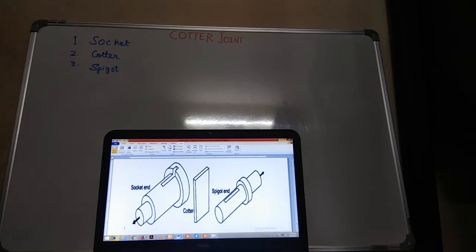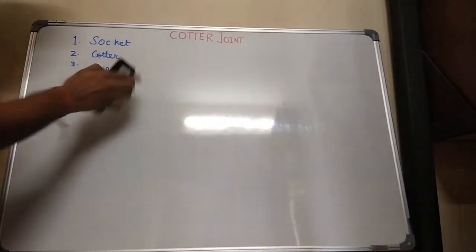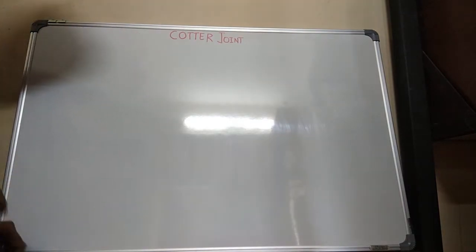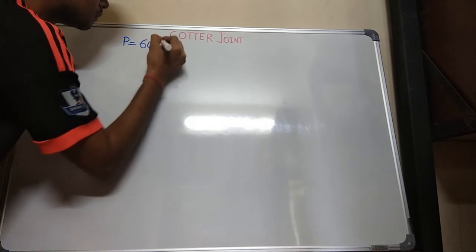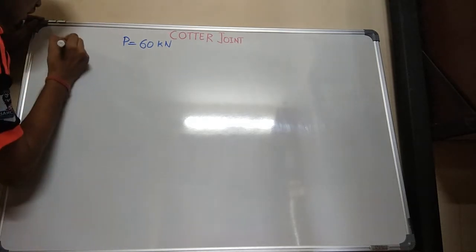To design a cotter joint, see in the numerical, suppose the question is that a force of 60 kilonewton is being applied. So if the material is given to you, you have to directly consider it from the design data book. If it is not given to you in the problem, what you have to do is you have to assume